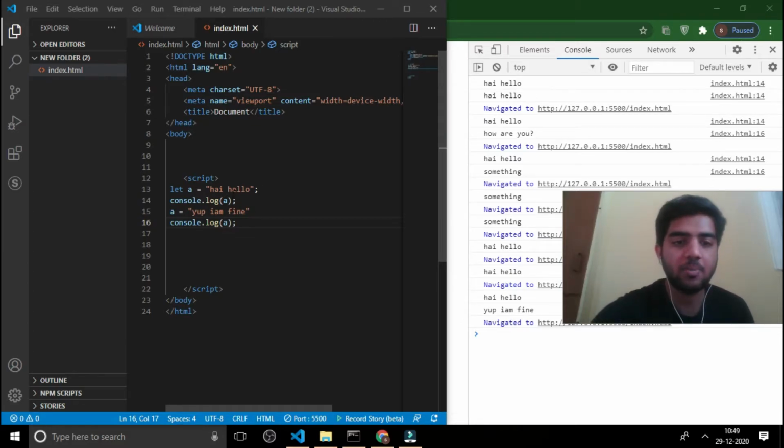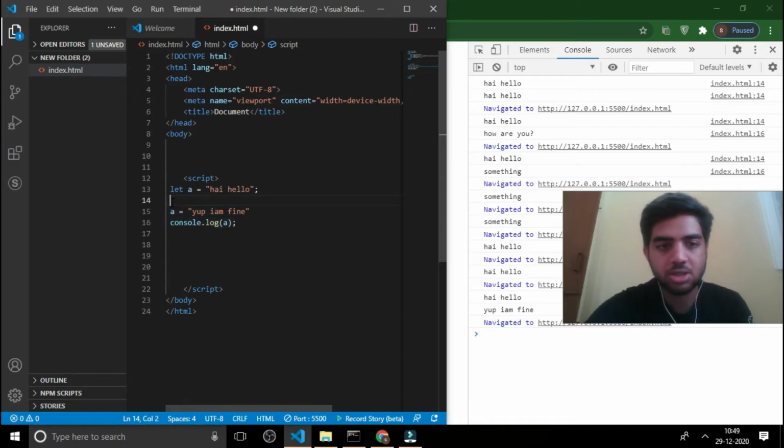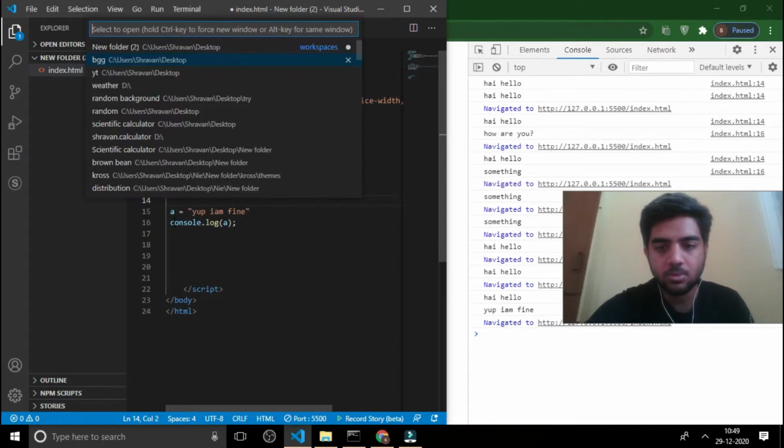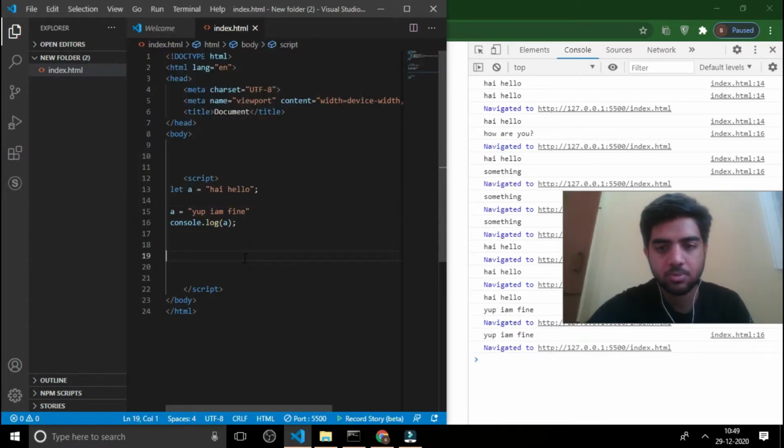What exactly happens comes into the picture when you remove this console.log. Now, let a is equal to hi hello. We have declared a let variable with the name a, and assigned the string hi hello to it. Now you are overwriting that value by using the string yep, I am fine.